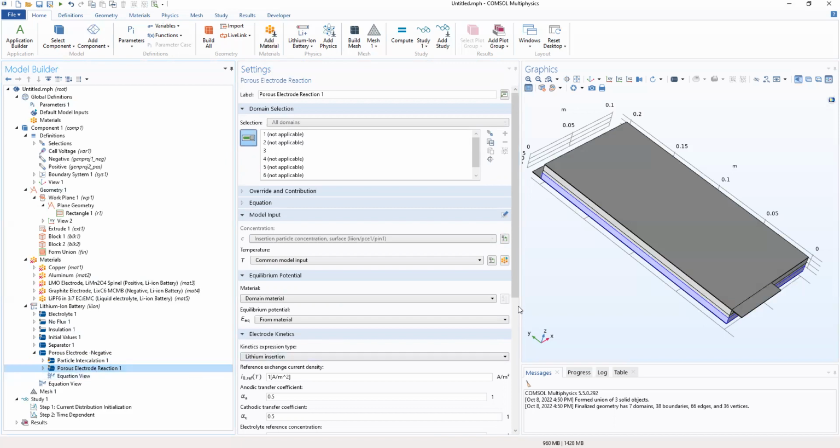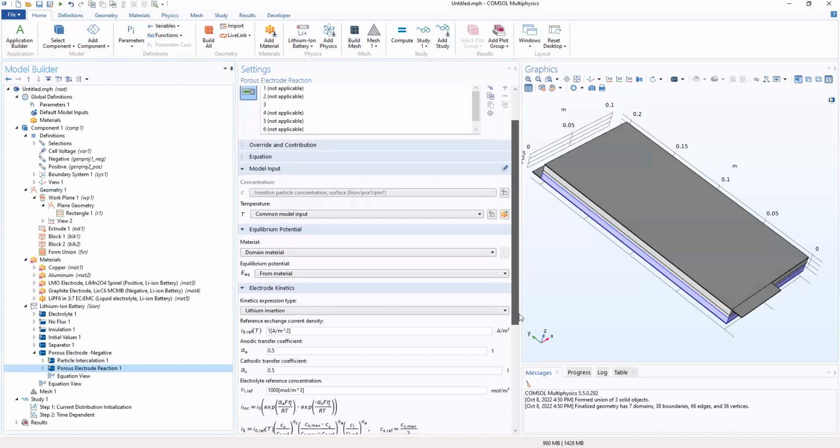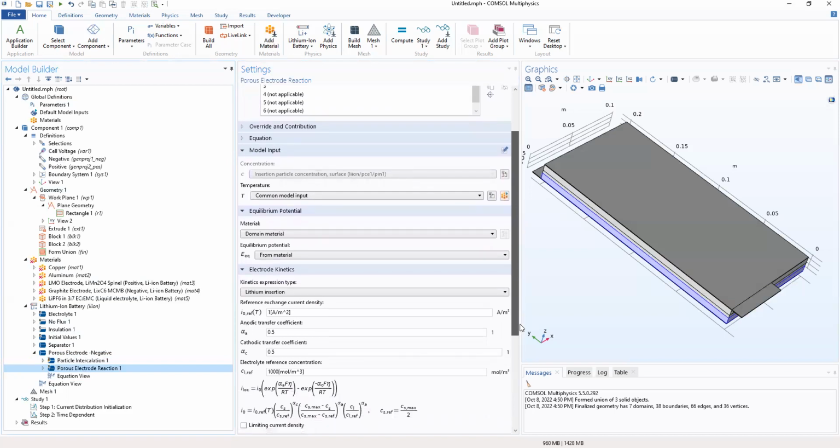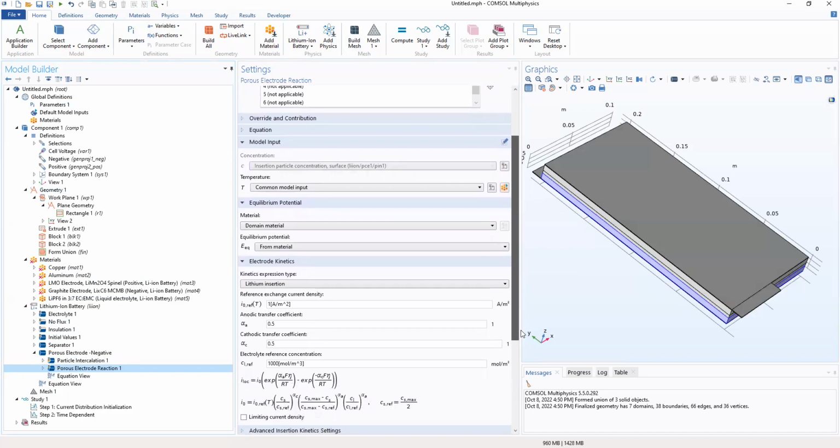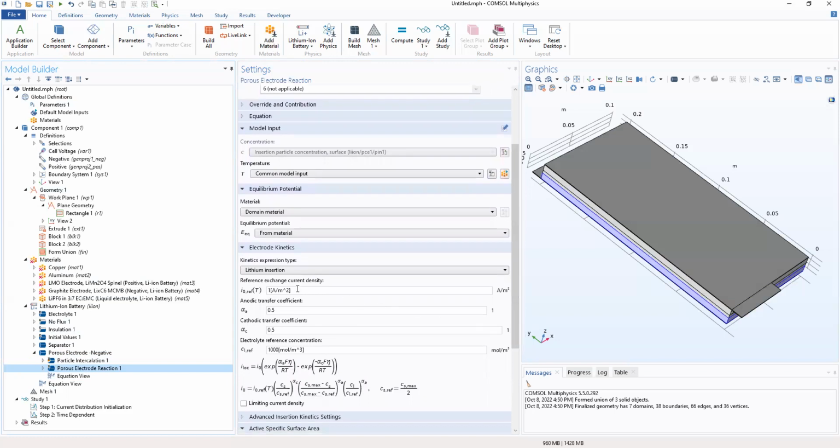I want to look for the electrode kinetics under this section. And under the reference exchange current density, we want to define it as